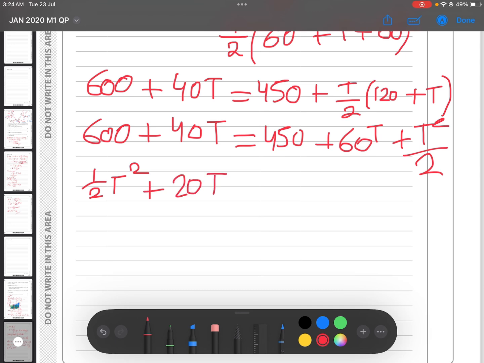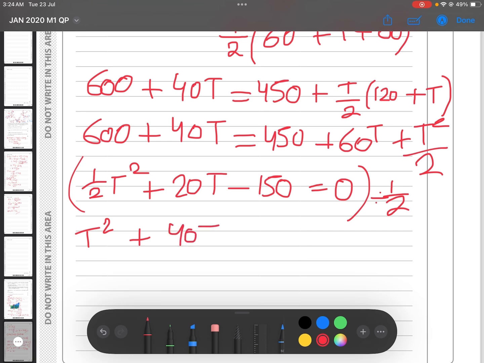450 minus 600 gives me minus 150, which will be equals to 0. And now if I divide the whole equation by half, I get t squared, 20 divided by half is 40t, minus 150 divided by half is minus 300, 0 divided by half is 0. And that is the answer for part